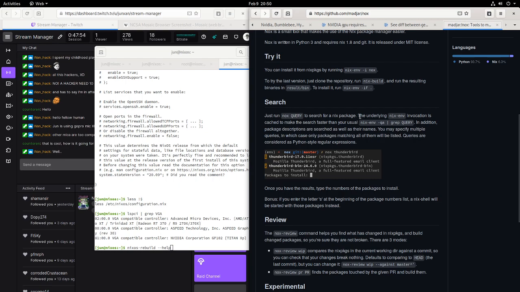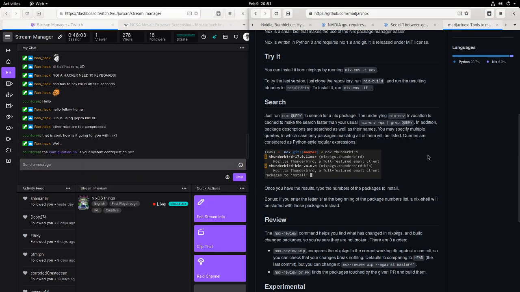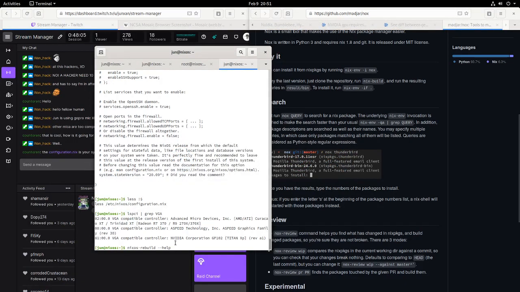Nox query to search for Nix package. The underlying nix-env invocation is cached to make the search faster. Yeah, that's right. Configuration.nix is system configuration. But when you do nixos-rebuild switch, then it reads that file and then rebuilds all your system based on